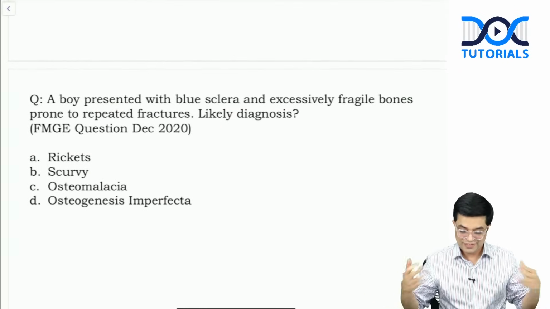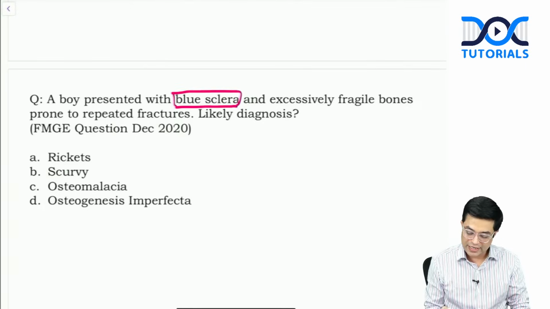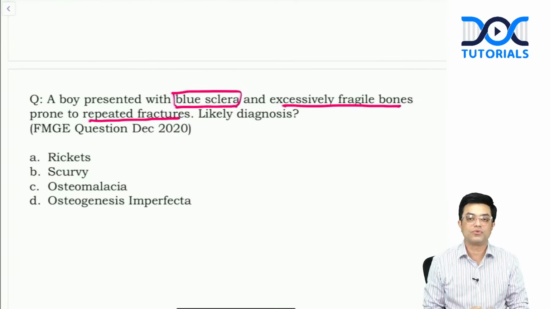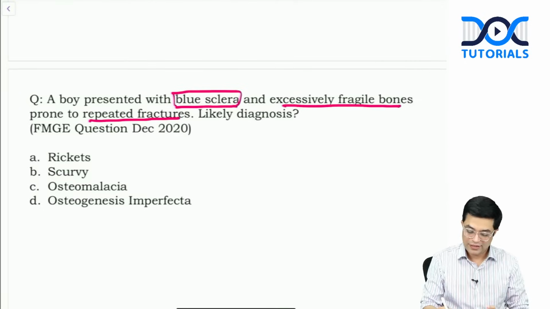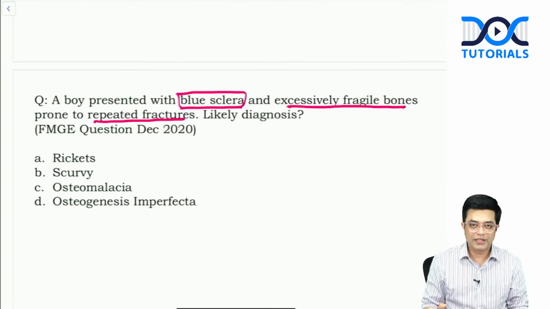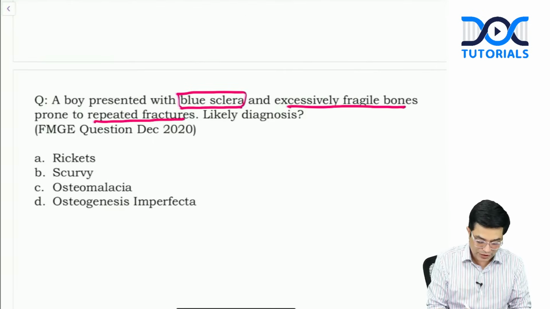We're done with malnutrition. Let's move to other topics now. Boy presented with blue sclera and excessively fragile bones prone to repeated fractures. What is the likely diagnosis? Think, patient में है blue sclera और repeatedly fracture हो रहे हैं. So it is a skeletal dysplasia where abnormal brittle bones are present. So the likely diagnosis in the patient is,